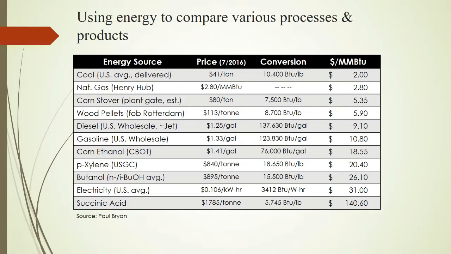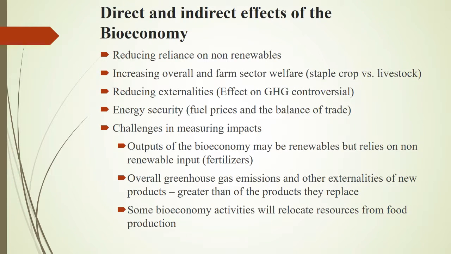As you move, this is not supposed to surprise you, this is coal. But what's also interesting is electricity. The value is 31. If you look at wood pellet that can be utilized for electricity, their value is $6. So when you start looking at the efficiency, the economic development, the commercialization of many of these industries, when you convert it to a common energy unit, and again, that was done by Paul Bryan, it gives us some better understanding about the economics and the flow of those industries and their development into commercialization from the pilot stage.